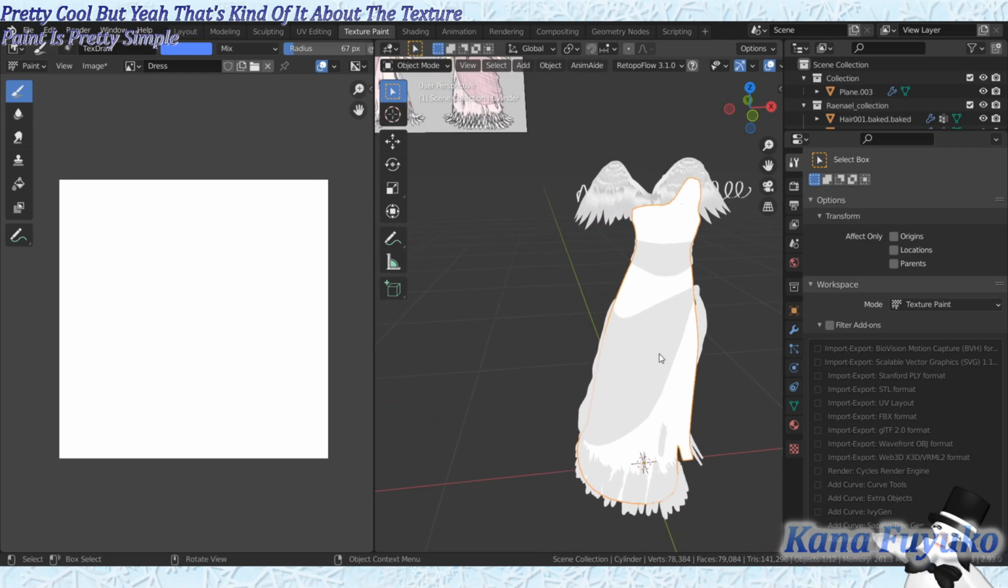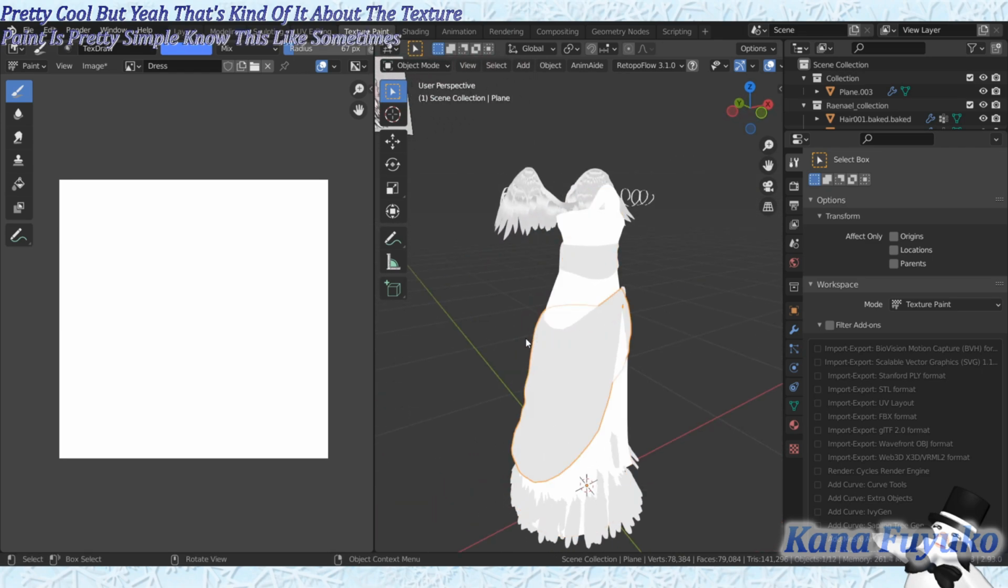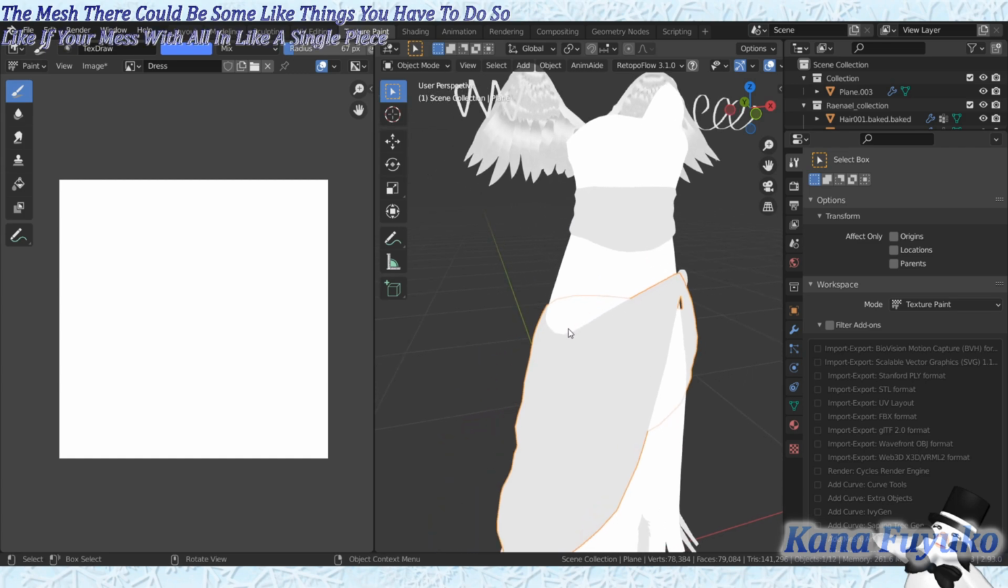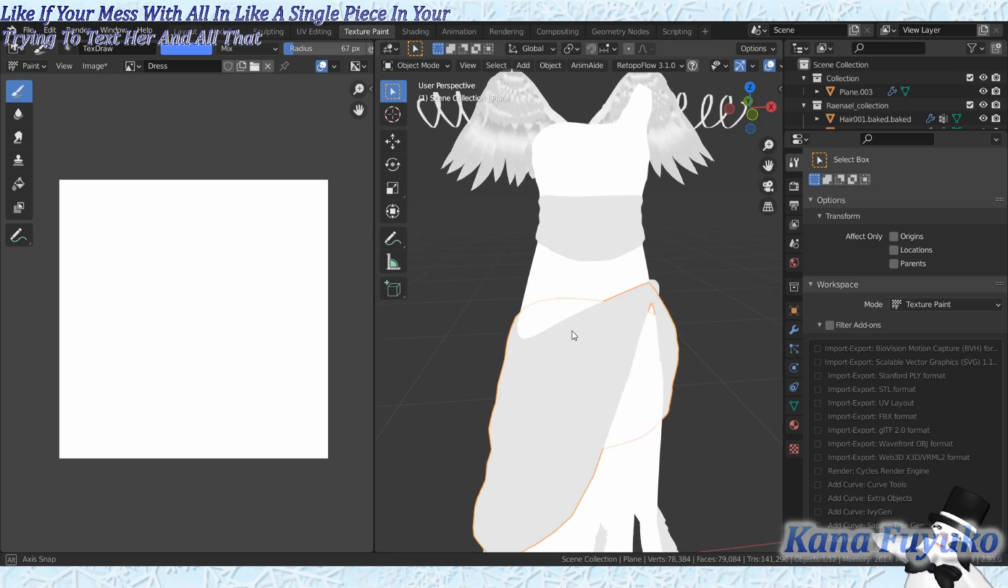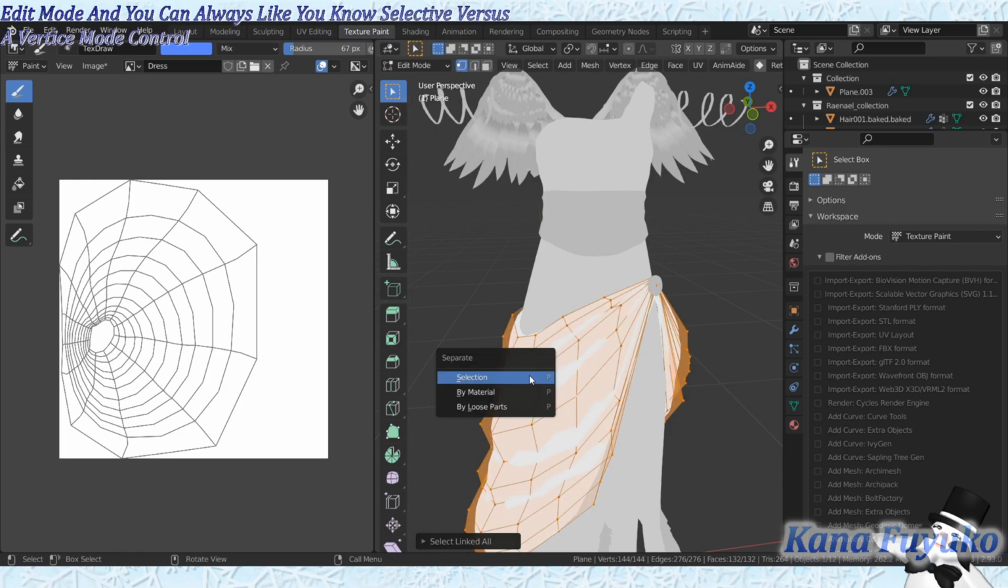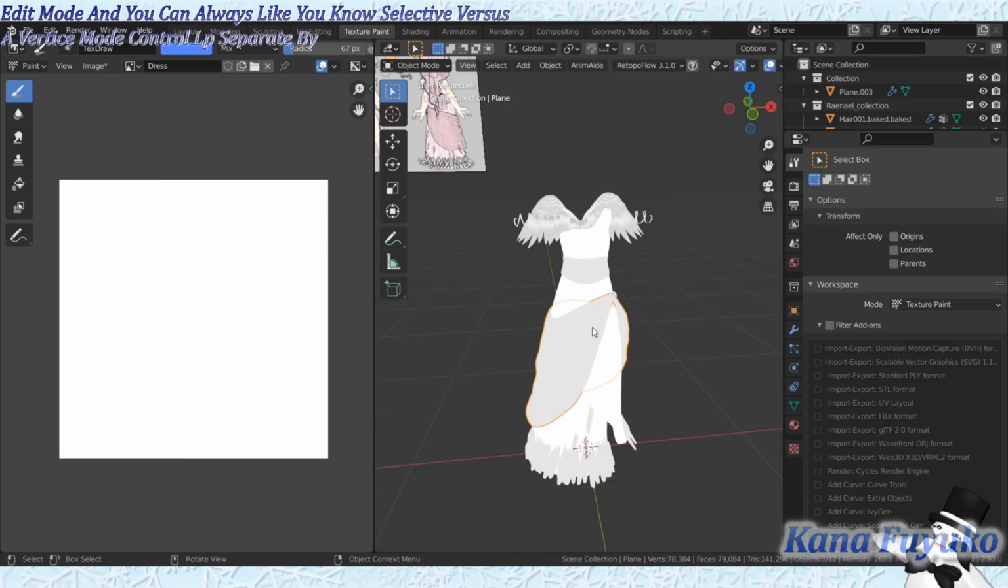Now, sometimes depending on the mesh, there are some things you have to do. If your mesh is all in a single piece and you're trying to texture it, you could go into edit mode, select the vertices in vertex mode, press Control L, P, separate by selection, all that. In this case, the mesh is already separated, but whenever I do my commissions and an artist wants to texture the mesh, typically I would have the mesh joined together,